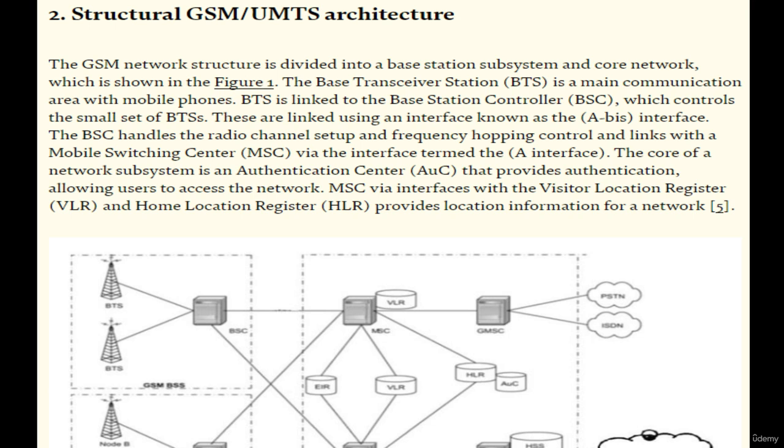The GSM network structure is divided into a base station subsystem and core network, which is shown in the figure. And the base transceiver station (BTS) is a main communication